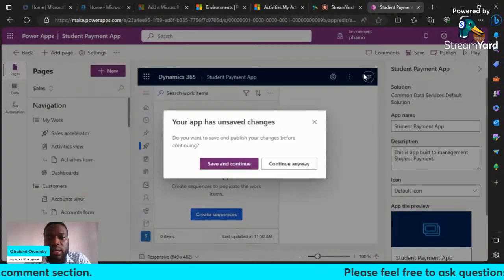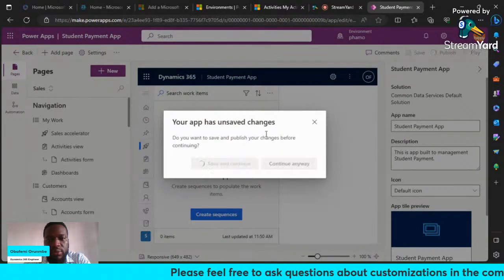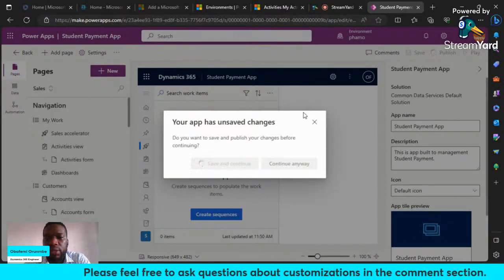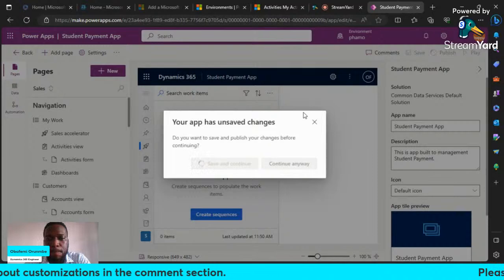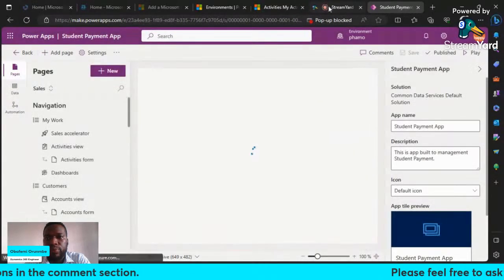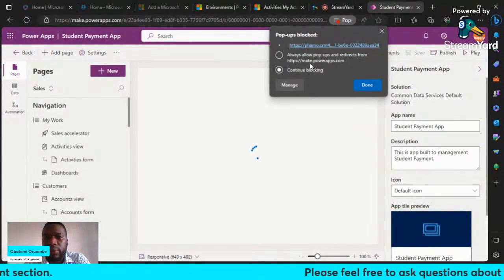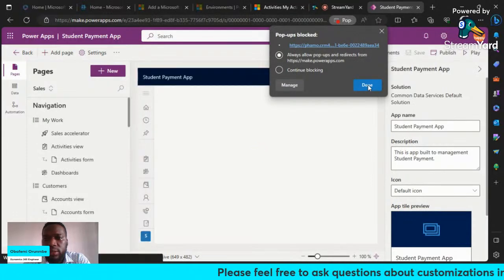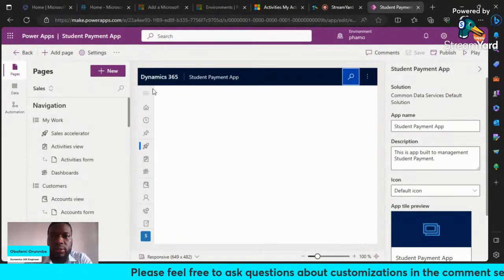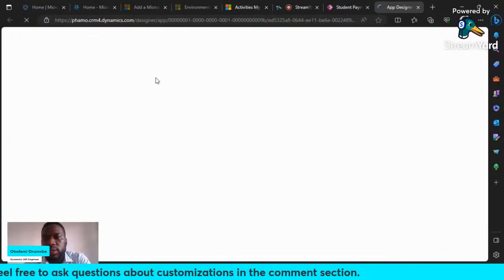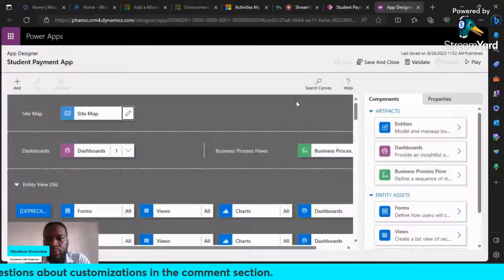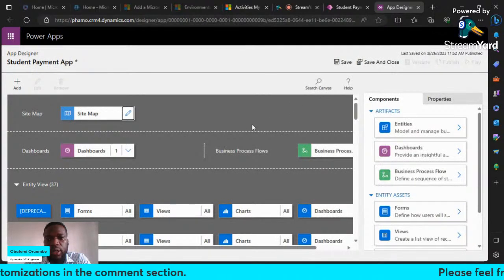So just to show you, I can switch to Classic here. Yes, save and continue. So this is going to pop up a new window for us. Okay, the pop-up blocker blocked it. So I will give it another shot. Switch to Classic, right? So here,